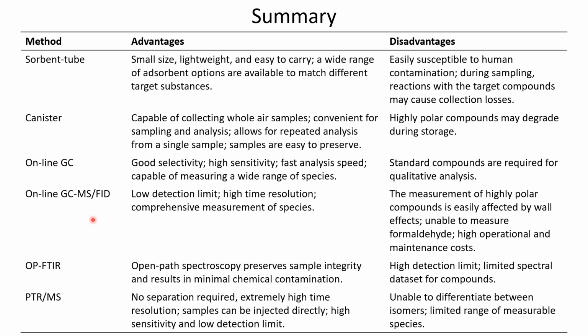And the other is online GC, with very good sensitivity, high selectivity, and fast, and it can measure many kinds of VOC species. But we need the standard compounds. And online GC-MS or GC-FID have a very good lower detection limit and high time resolution, with comprehensive measurement of species. We can measure many kinds of species with high time resolution. But it is also easily affected by wall effects, and it may be difficult to measure formaldehyde, and